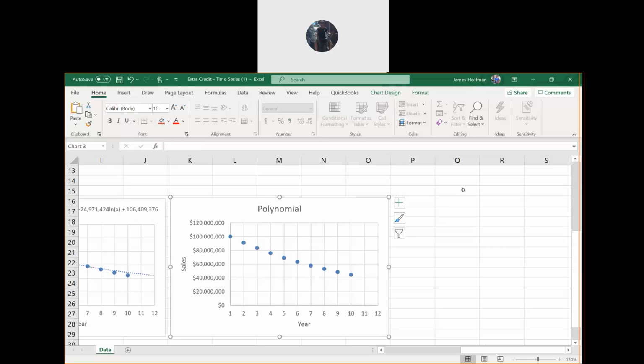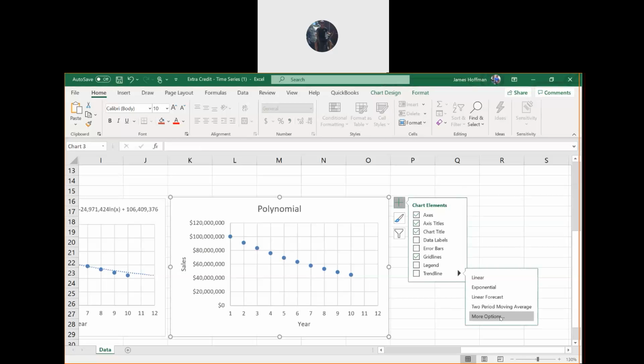Then click on the plus sign or get to the chart elements, and let's get to the same place and choose the polynomial option. Plus sign for Windows. Where you see trend line again, click on the arrow and then get to more options.